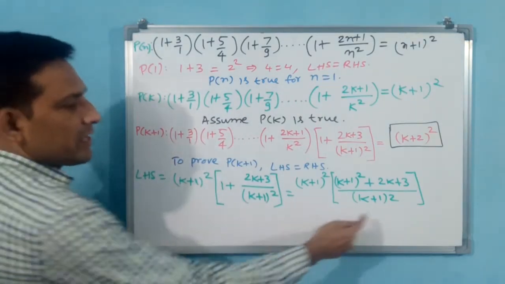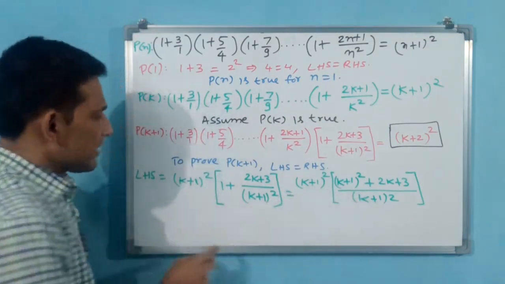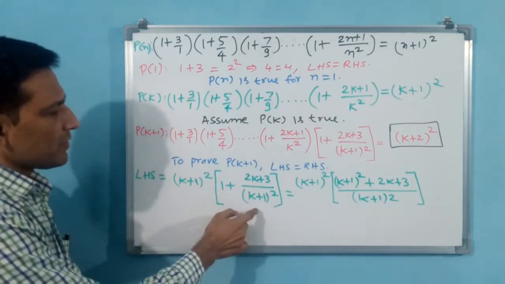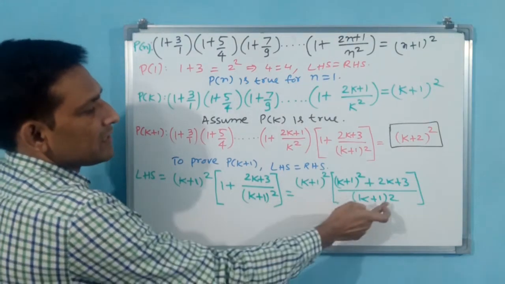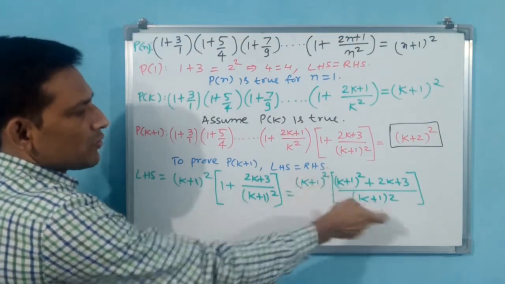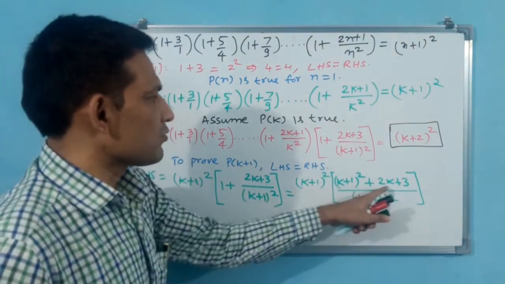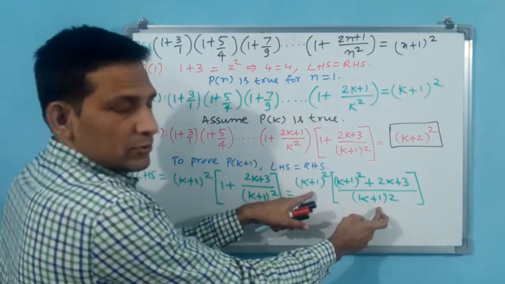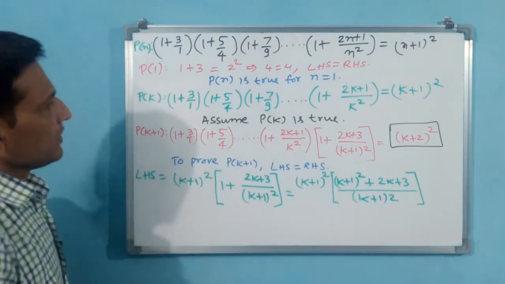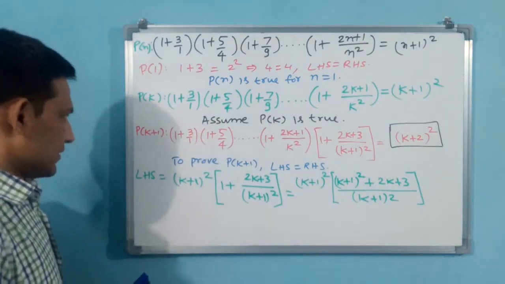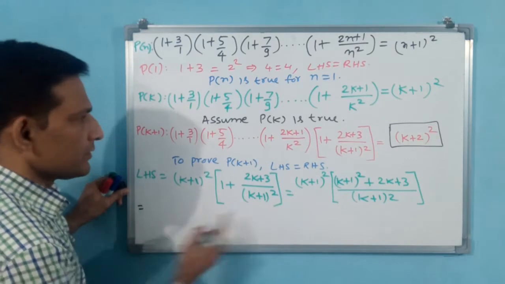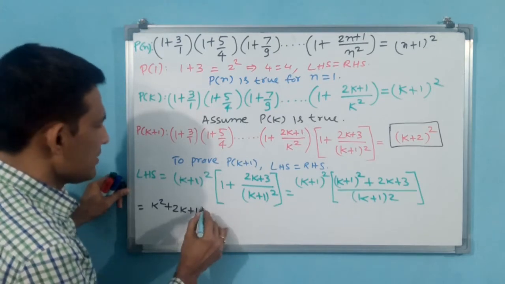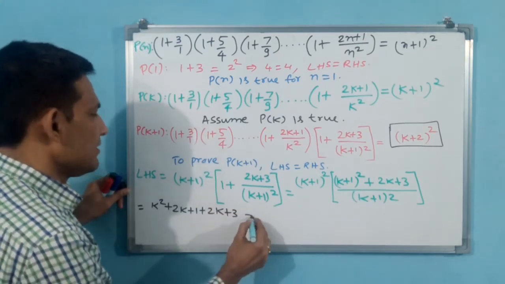If you observe here, k plus 1 square, k plus 1 square, we can cancel out each other. But here you cannot do. Why? Because 1 by 1 still process was there. We have completed the process. Now k plus 1 square is in multiplication, division with this one. Okay, you can cancel out. If you cancel out, automatically k plus 1 square, 2k plus 3 will come. But what I am going to do, one step I am jumping. I have cancelled these two. This I am expanding. How I am doing, you see. That is equal to k square plus 2k plus 1 plus 2k plus 3.